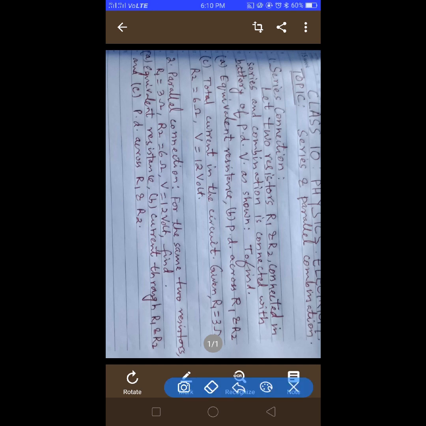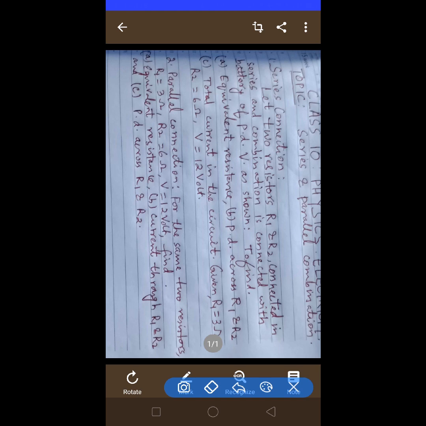Now you got it in this series combination, R equivalent equal to 9 ohm, that is adding all the resistors for series, and I you got it, potential difference, that is battery capacity 12 volt upon total resistance, or R equivalent, 12 upon 9, and it will be 4 upon 3 ampere or 1.33 ampere, and V1 also you got by using the formula, V1 is equal to IR1 and V2 is equal to IR2.